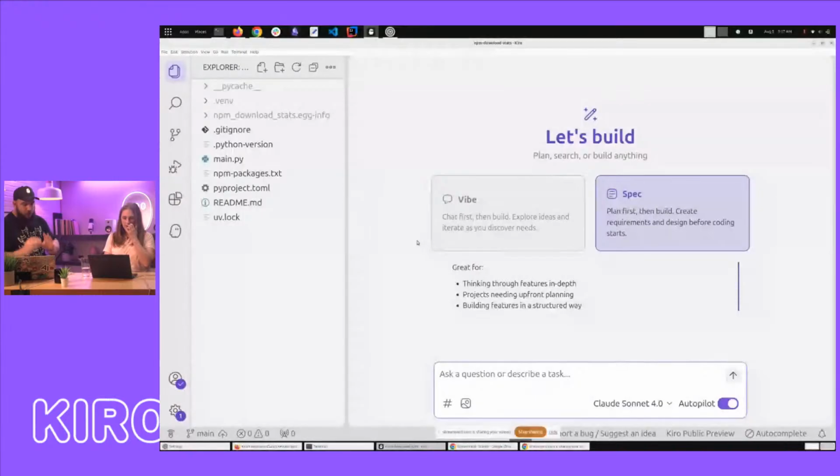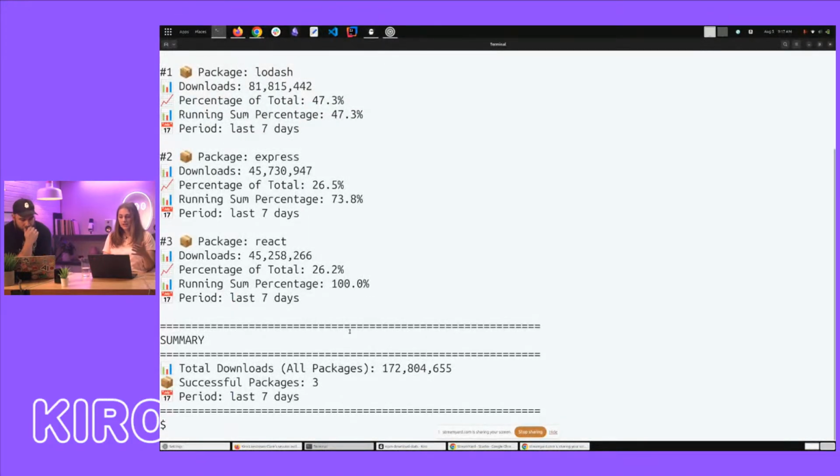What are you going to show us? Okay, so I maintain a few open source projects that are published to NPM. A little while ago, I wrote a little tool to give me stats about my projects, like which ones are popular, which ones are being downloaded a lot. As is typical for me, I wrote a command line tool where I can just put all of my packages.